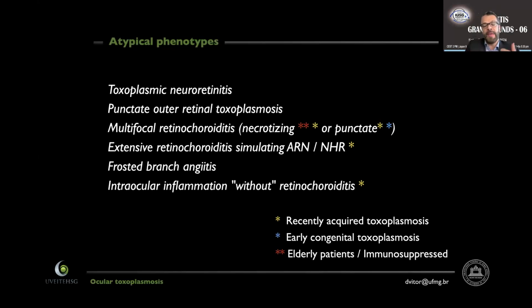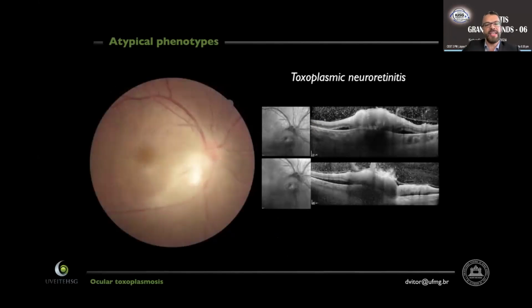So in immunosuppressed individuals with more fulminant toxoplasmosis, it's very easy to understand, because once you have a depressed immune system, the parasite may grow freely and may lead to more extensive lesions. So anytime we have a patient with a fulminant type of presentation, we may think about the possibility of immunosuppression. For neuroretinitis, I just decided to bring this picture because multimodal imaging is something that we're using a lot.